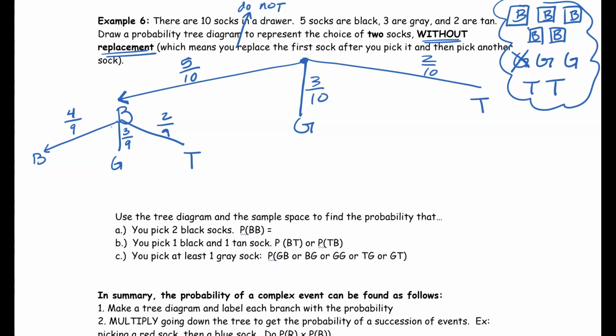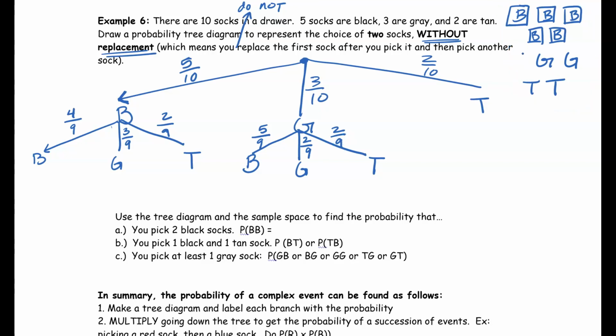If I pick a gray first, then I've got some choices for my second pick. So I could pick a black sock next, or a gray, or a tan. Well, there are 5 blacks left over out of 9 total. There are 2 gray, since I already picked one, out of 9 left, and there are 2 tans out of 9 left. And then I'm going to put that gray one back, and I'm going to go ahead and pick